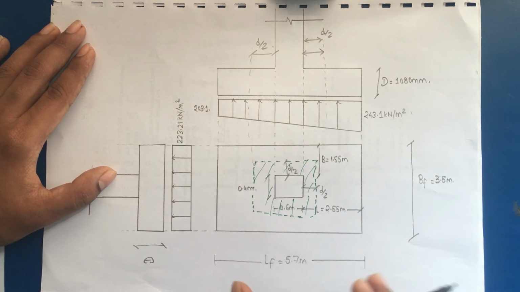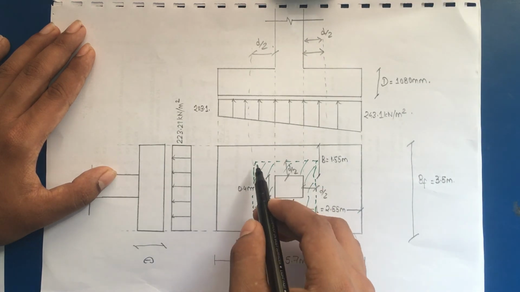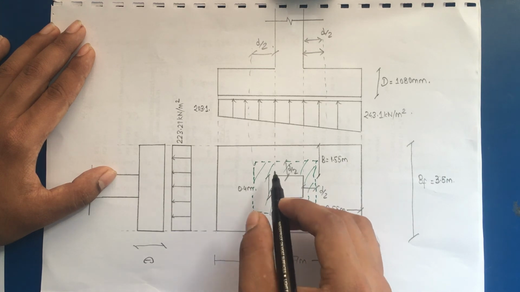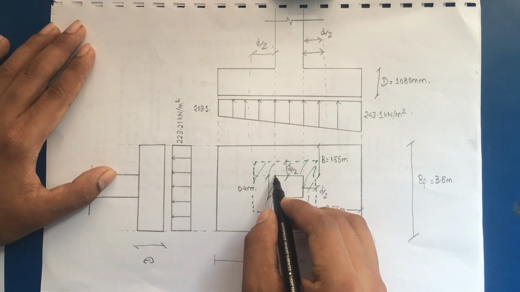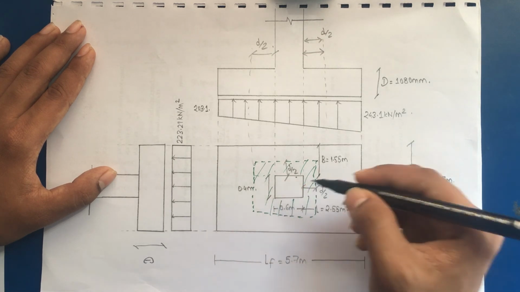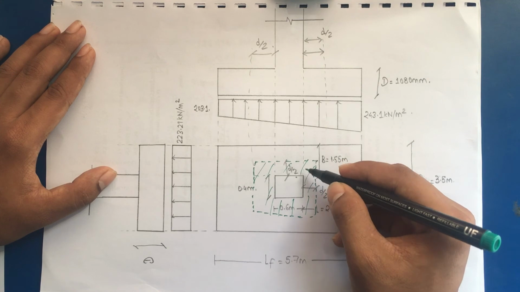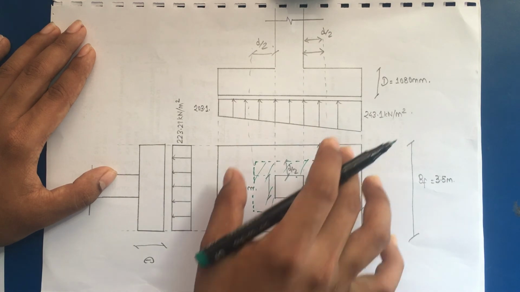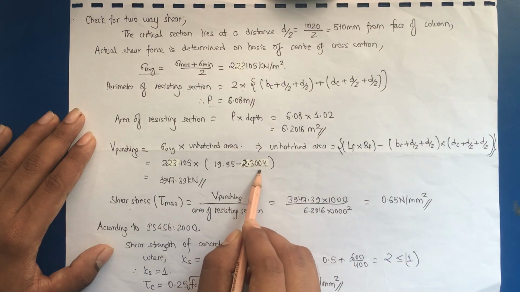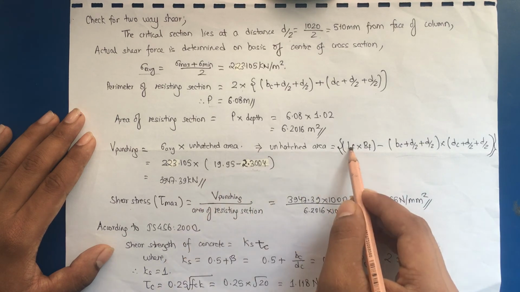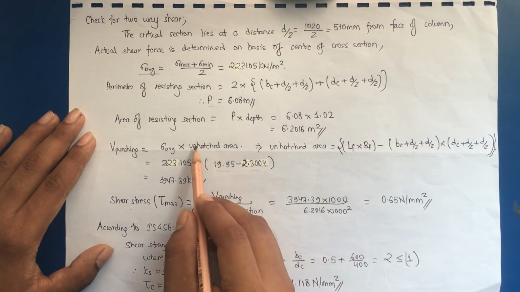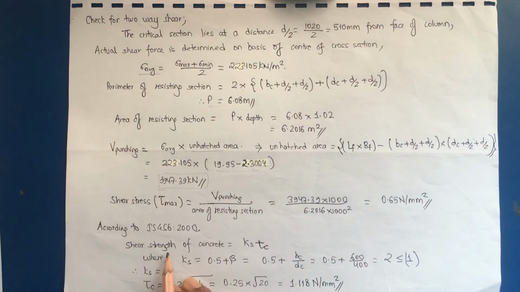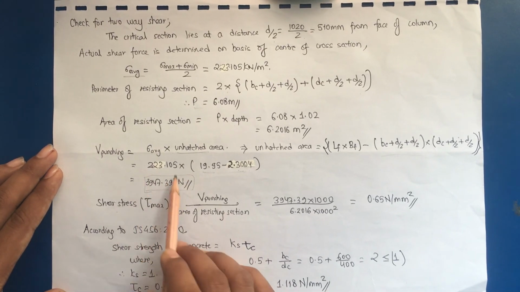So that is basically LF into BF minus the area of this hedged area. Basically this is d by 2 plus BC plus d by 2, similarly d by 2 into DC plus d by 2. So that will be the area of the hedged area, and we'll calculate the punching shear with respect to this. This is the area of the concrete resisting the two-way shear, and this is the area of footing. So finally we will get the unhedged area by subtracting these two values, and this comes as 3947.39 kilonewton. So this is the two-way shear, that is the value of V punching.